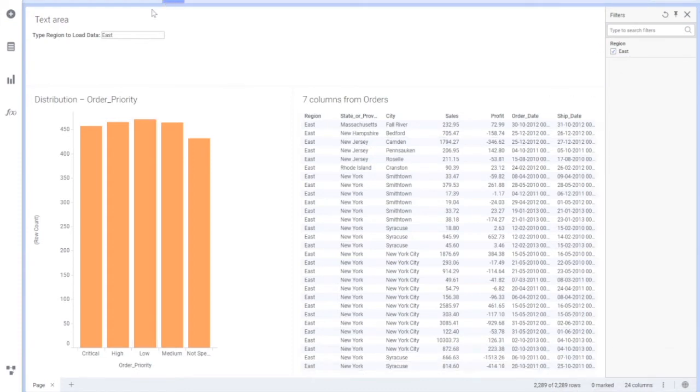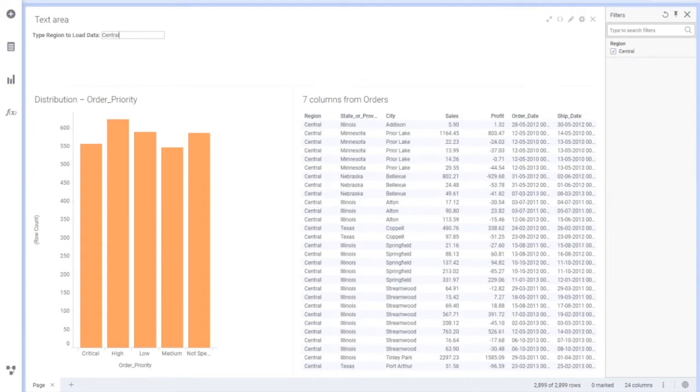Now let's say for central, I'll type in central and say okay. So this way, you are loading data based on whatever value you are typing in, and all that is real time. It's completely real time coming from your backend. And why do we use on demand functionality? So that we can load relevant and required data only, out of say millions and millions of records. Why do we load and dump everything in the report or dashboard? Instead, we should load data on demand wherever possible.